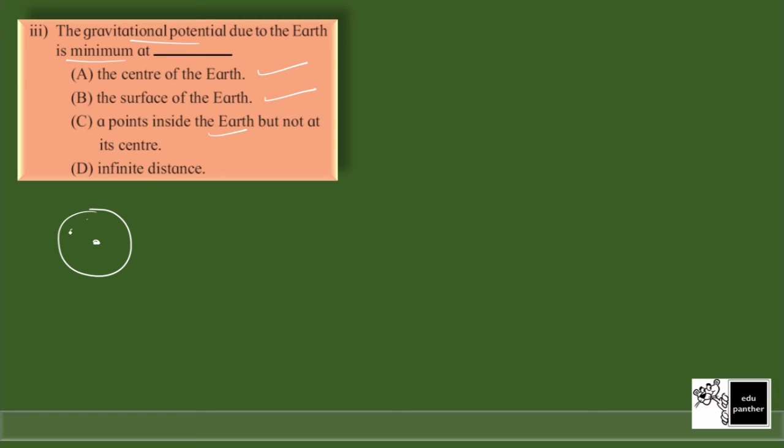So except this center, anywhere inside the earth. And the last one is what? Infinite distance. So first of all, what is gravitational potential? Now potential is what? Ability to do the work,